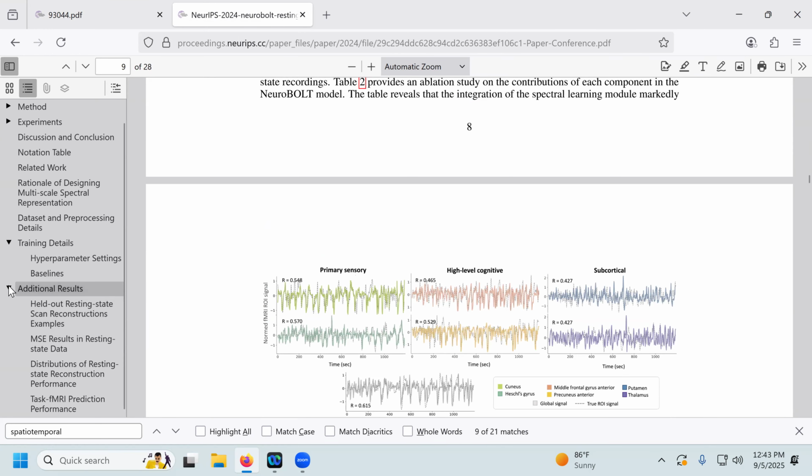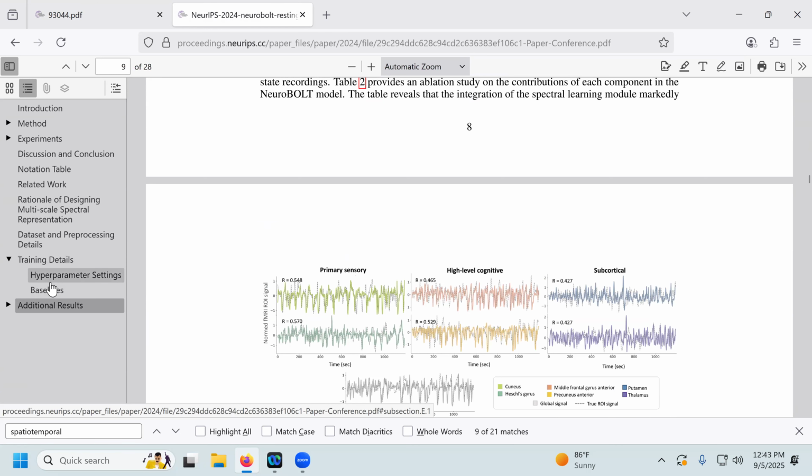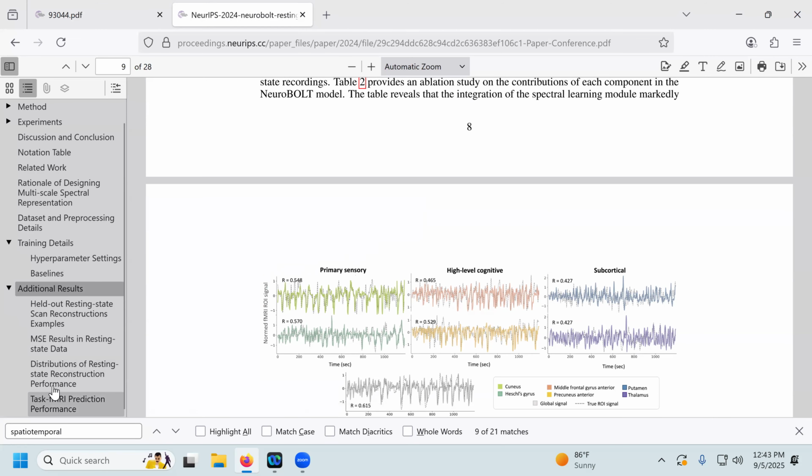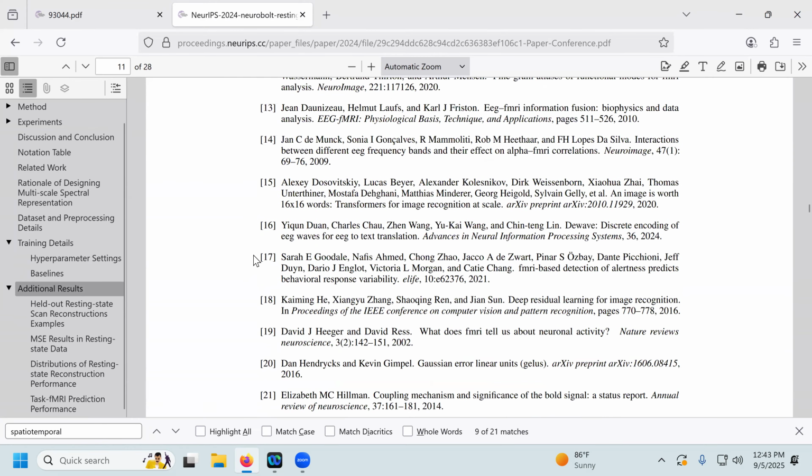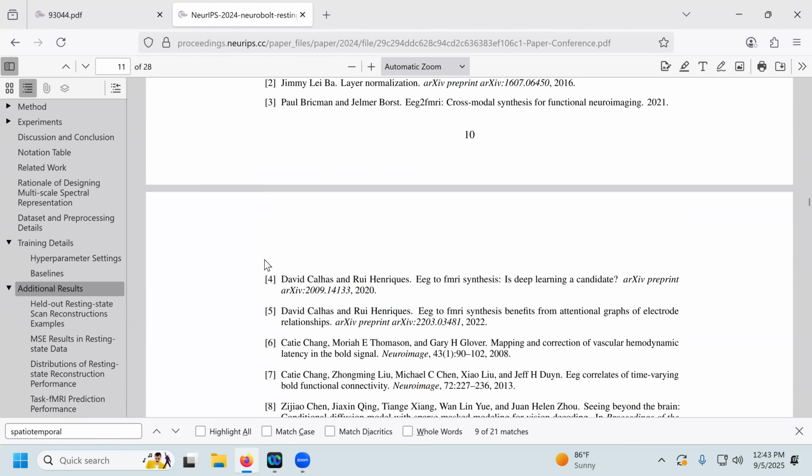But yeah, any other questions, any other thoughts, concerns, complaints, criticisms, insults? I mean, ultimately, I think it would be cool to see this approach where the output is the fMRI signal with the same temporal resolution as the EEG. That'd be really cool. Yeah, I mean, you don't want to have ground truth for that, right?